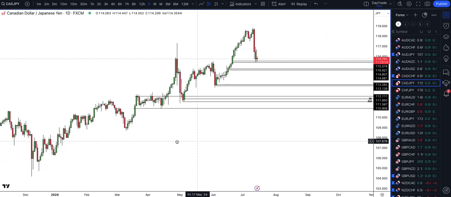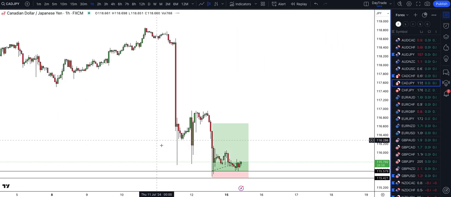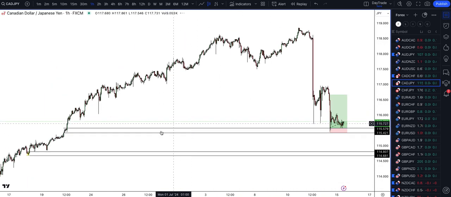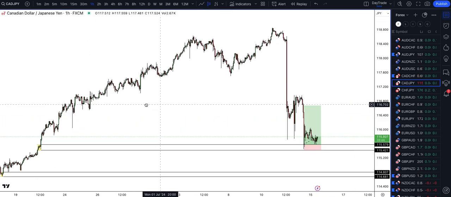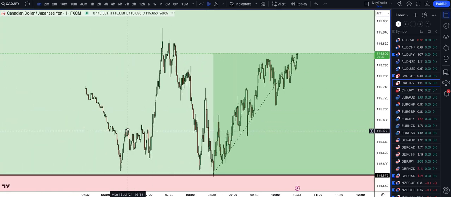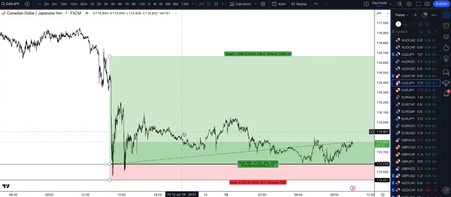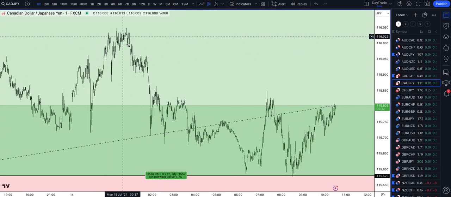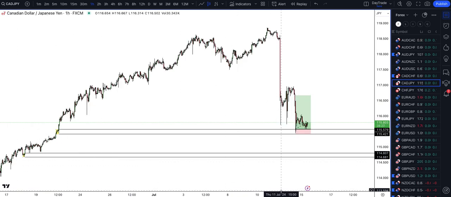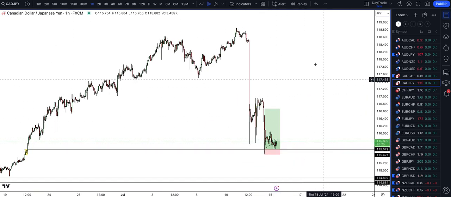Okay, CAD yen. Got this trade on since Friday, dipped into the demand and is potentially going to bounce. We did actually put this on, so this should be highlighted yellow. Potential supply higher up, potential supply right here as well, but I don't think that supply we will even consider taking. Yeah, it's very choppy, so not having a look at that. So those are the zones at the moment, way below, down at 114,800, and the current zone at the moment